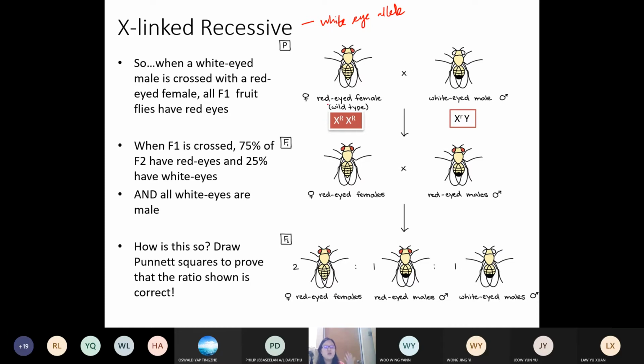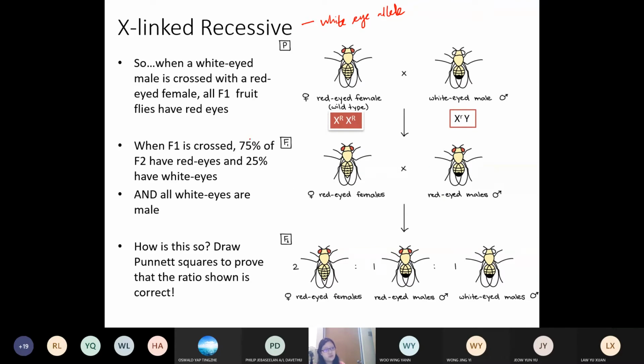So you can see here that a red eye female, we call it the wild type. Wild type means it's the normal type in the wild, right? It has big X, big R, big X, big R, XR, XR. A white eye male, however, has the recessive allele here. And when you cross it, very interestingly,